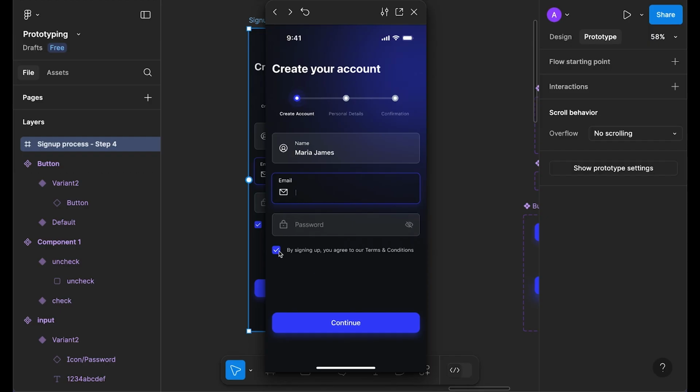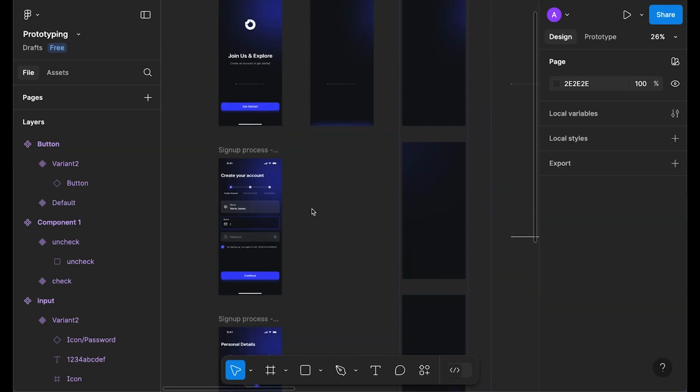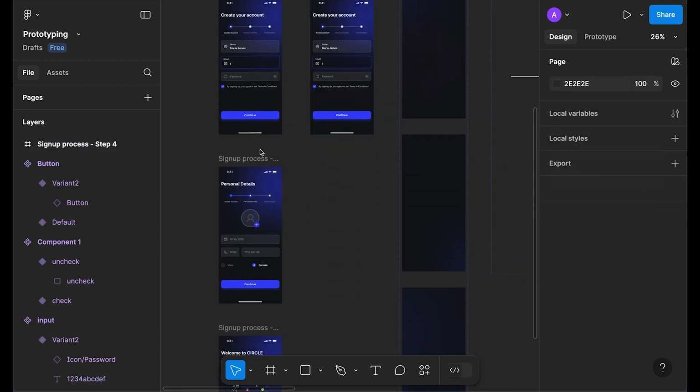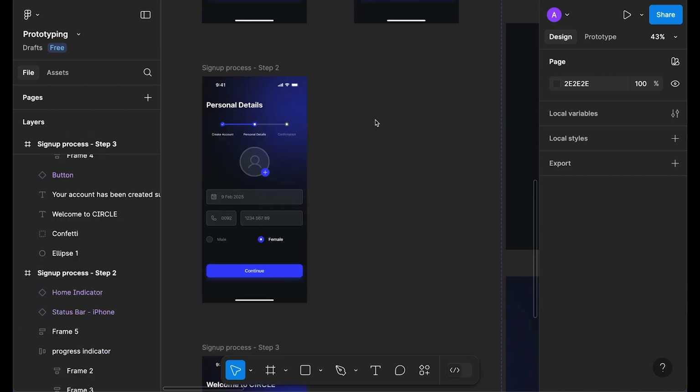Everything is looking perfect, and we have changed our password, and also this is working. I have changed this state while hovering. So now as you can see, because we will test it on desktop with mouse, we need a hover effect. So I changed this to hover and everything is looking perfect. Now let's press Command X, place it here. Okay, this is final version of this screen, and now we need to move to step 2 and let's quickly